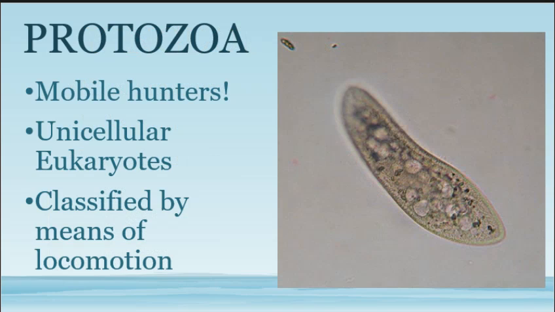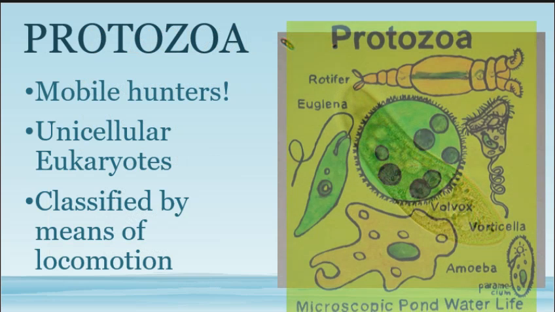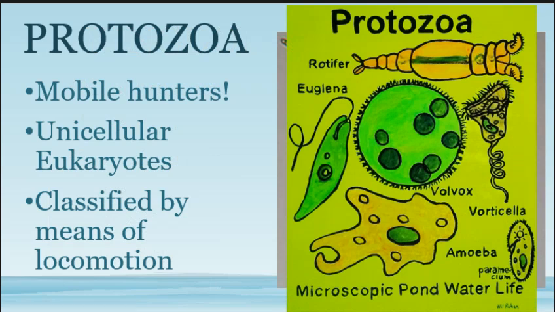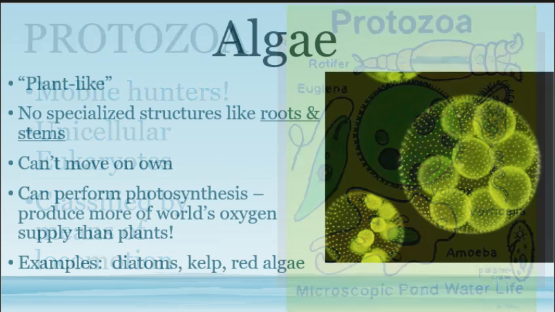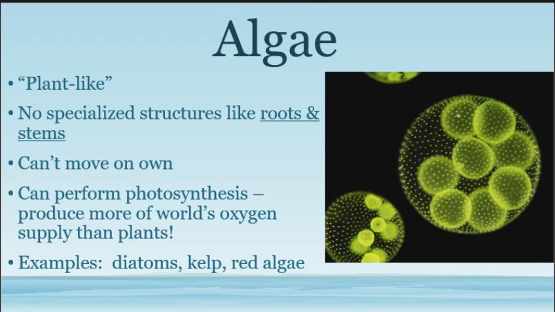They can move around with a flagellum. They can move around with little cilia that beat on them and move them around like that. They look like this. You'll find those in pond water. Some of them are green. Volvox is green. It performs photosynthesis. See, and that's actually Volvox. Some people put Volvox in algae. I prefer to put them in the algae group because they're green.